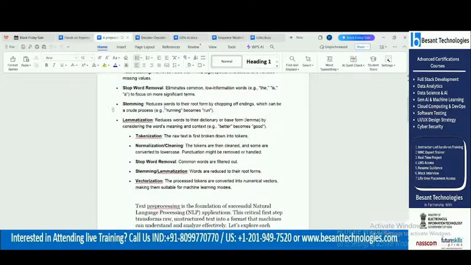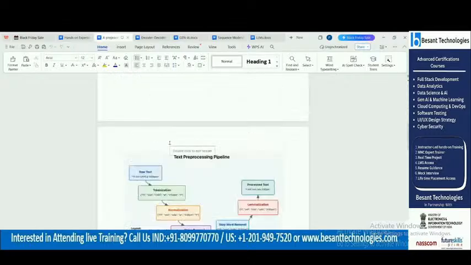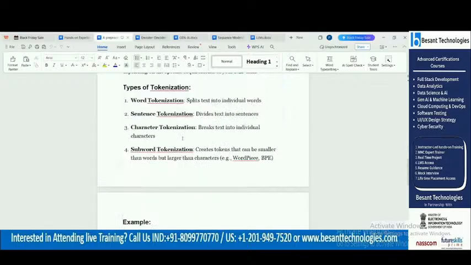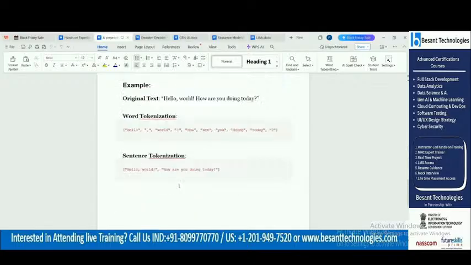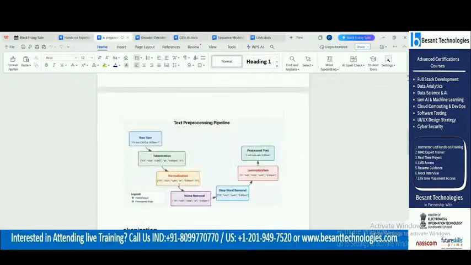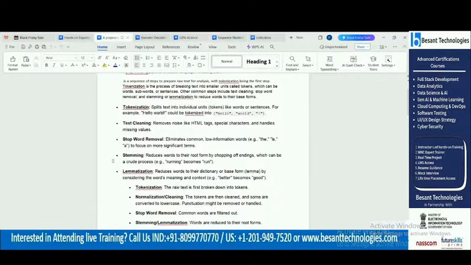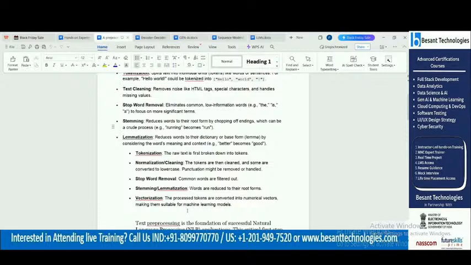So these steps you have to follow, right? These are nothing but the pre-processing pipeline which you have to undergo whenever you want to do any word embedding. Are you getting it? Before that you have to undergo all these steps. So these steps you have to remember. Done? Got it?